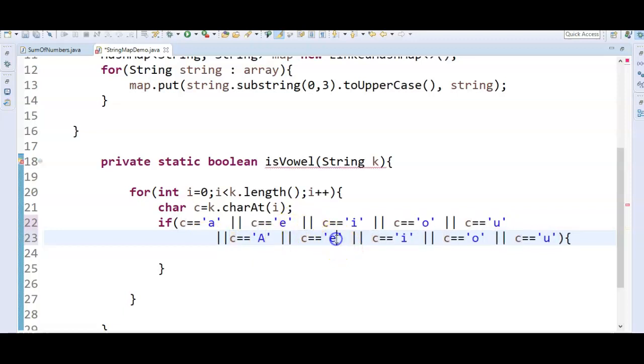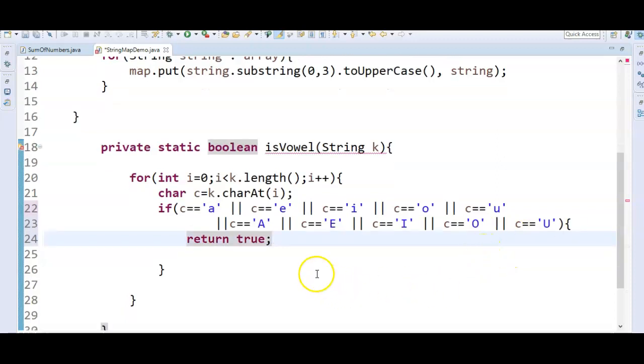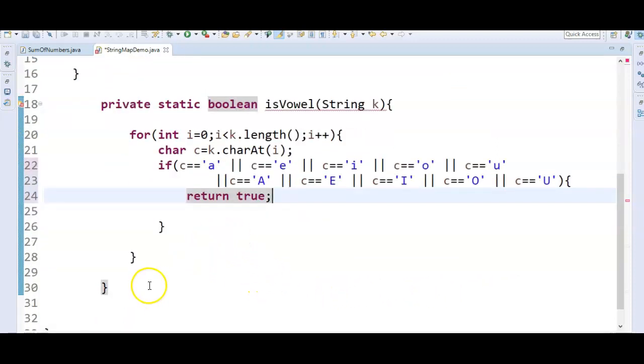Here just say a, e, i, o, and then u, whether small or uppercase character. Then we need to return true or false. If the character is a vowel, we just say return true. Otherwise we'll just say return false.